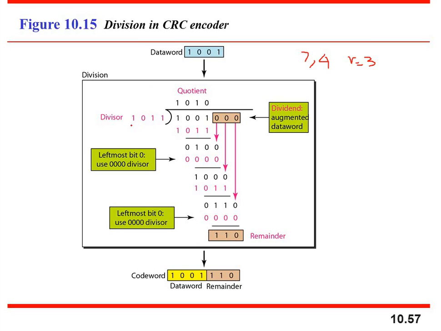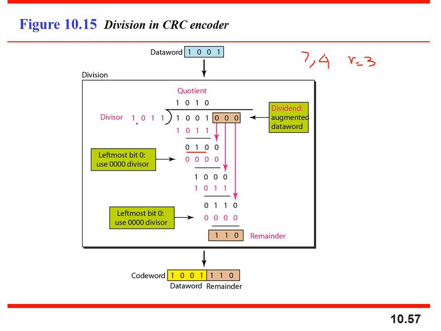Now the divisor is given to you, which is the common key for the encoder as well as the decoder. Here the key is 1011, the divisor. Now you start dividing. First you take the first 4 bits and multiply by one quotient, which is simply an XOR combination: 1011. So 1 XOR 1 is 0, 0 XOR 0 is 0, 1 XOR 0 is 1, and 1 XOR 1 is 0. Now you get only 3 bits.